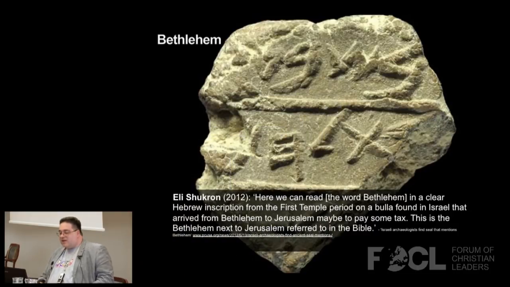So Bethlehem, here's a closer-up picture of this little seal. It's really about the size of a thumbnail. It's just a little imprint that you make in a sort of like when people used to use candle wax to seal letters open, then make a little seal impression with a stamp or your ring, signet ring, to say, this is who's sending this, or this is the bill of goods on that, this is where it's going to, and so on. It's a little, as they say, taxation or business seal of goods going from Bethlehem to Jerusalem.